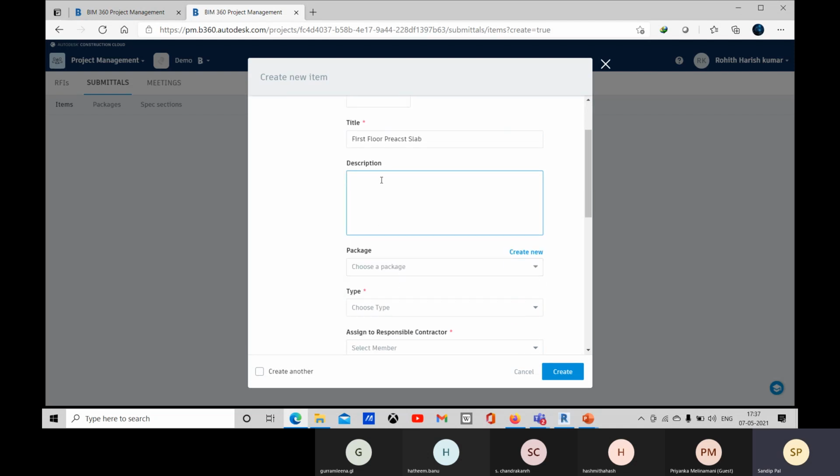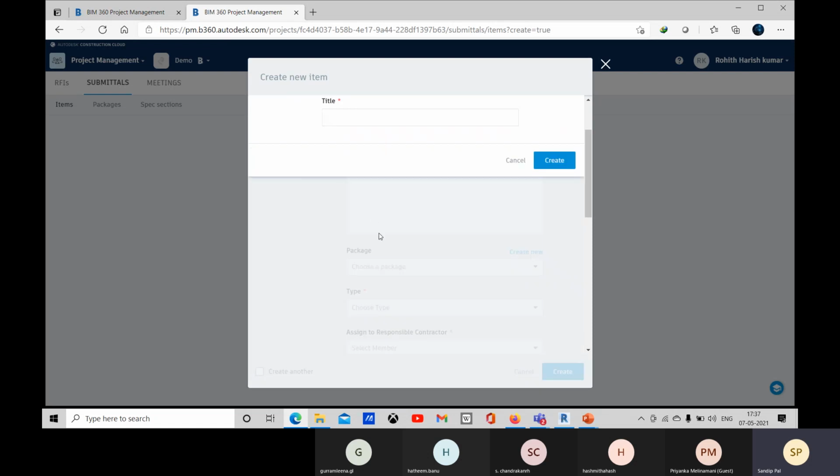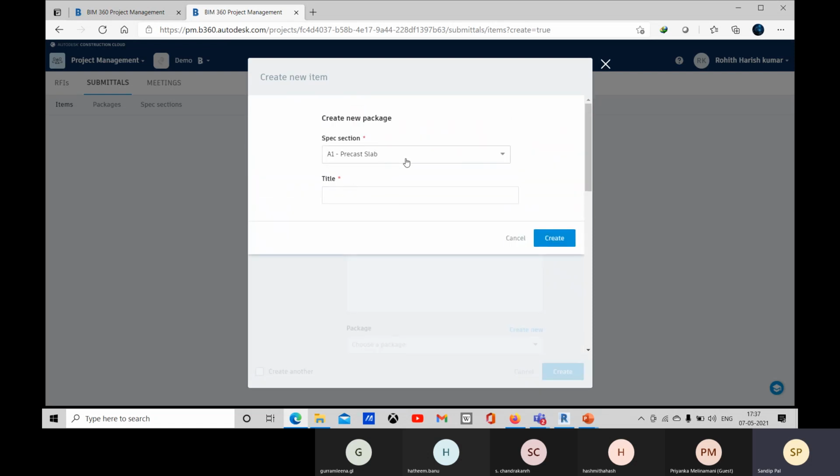Now let me see, right now no package is there. So this is about the specification section, and you can create it with the title. This package will be created and you can use it later as well.